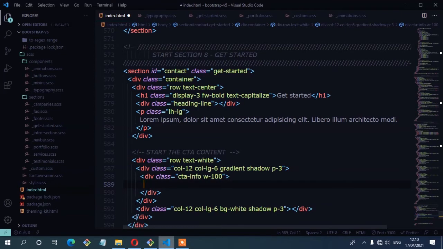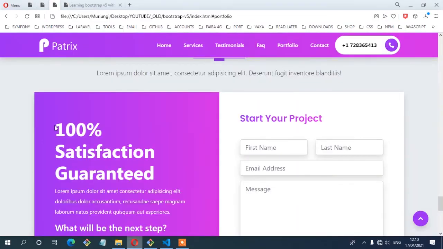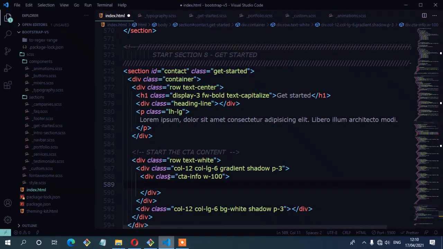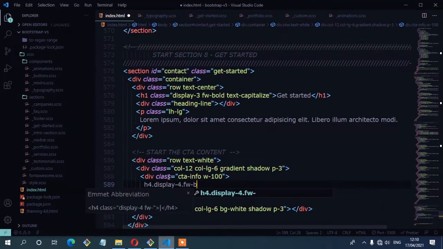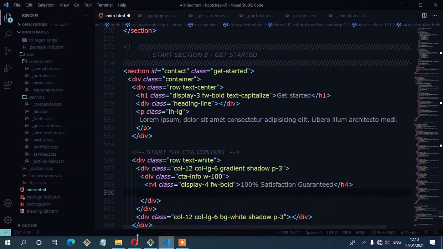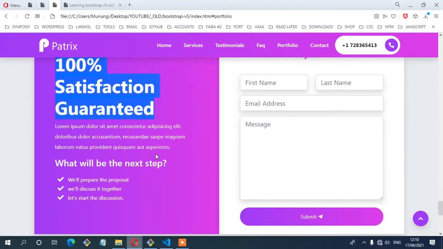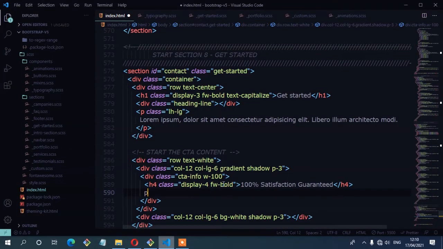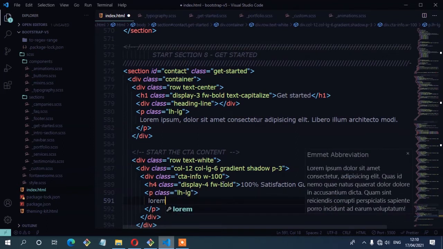So here we're going to start with the content for the left column. So we have this 100% satisfaction guarantee. I'm going to copy that text, and here I'm going to start an H4 with a class of display4 and a class of font weight bold, and then paste that text. The next text we are going to add is the paragraph. So we have this dummy text. So we have a paragraph with a class of line height large, and then some dummy text. So we have lorem 21,